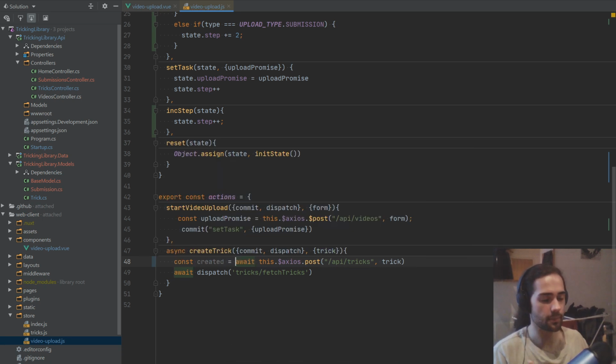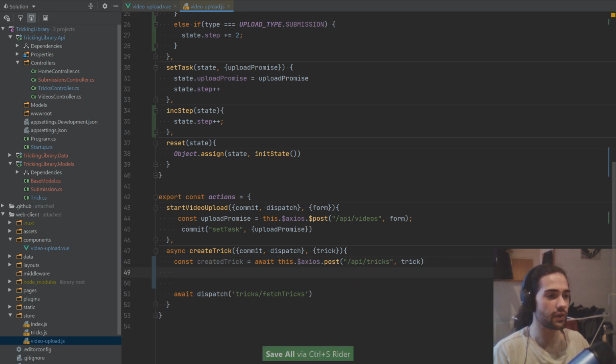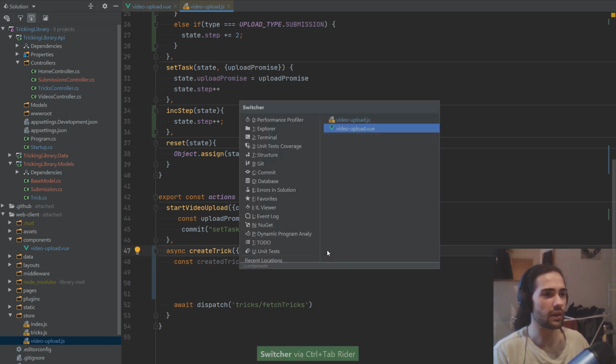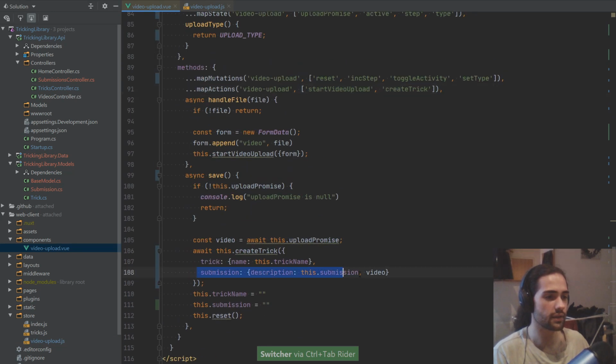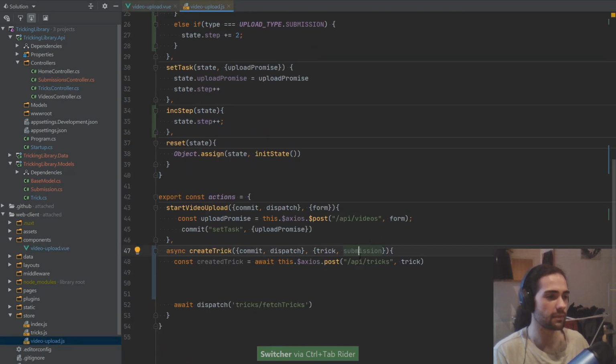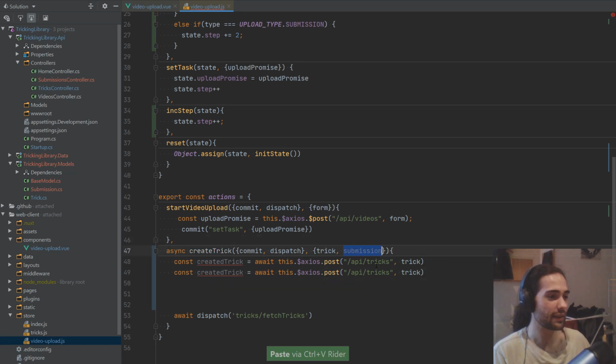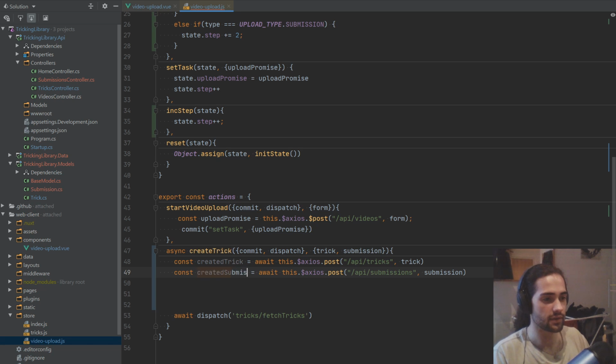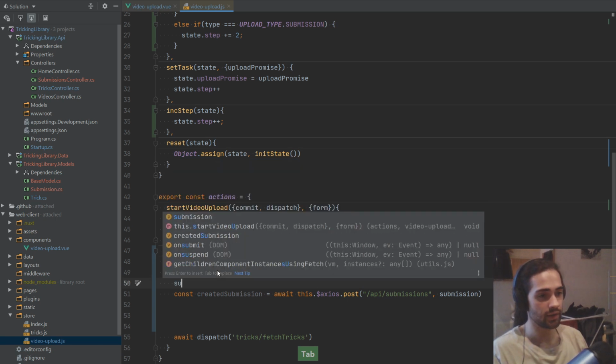and just create the trick same as we did before, and we'll just say create a trick. And what we want to do then is surface the submission that we are passing here. So if I go back here, this submission, let's copy the name, right? Double check that you get the spelling right. Once we got that, let's go ahead and say submissions here. We want to go ahead and submit the submission, and we can say created submission. All right. Now, before we actually submit our submission, what we want to do is grab the submission,